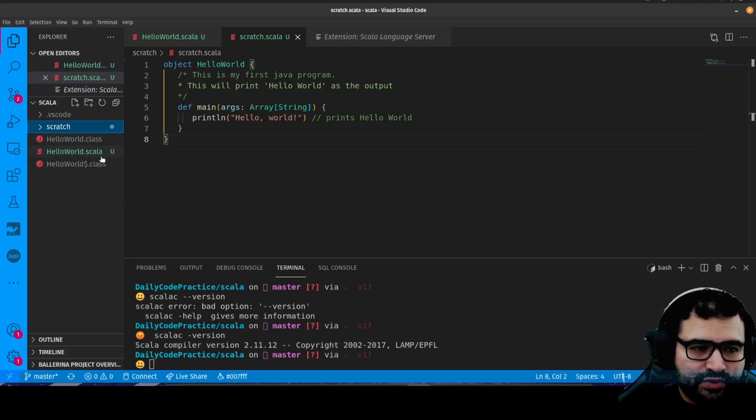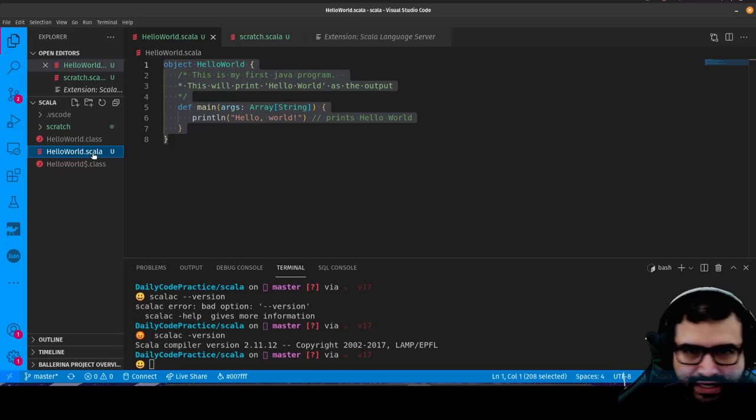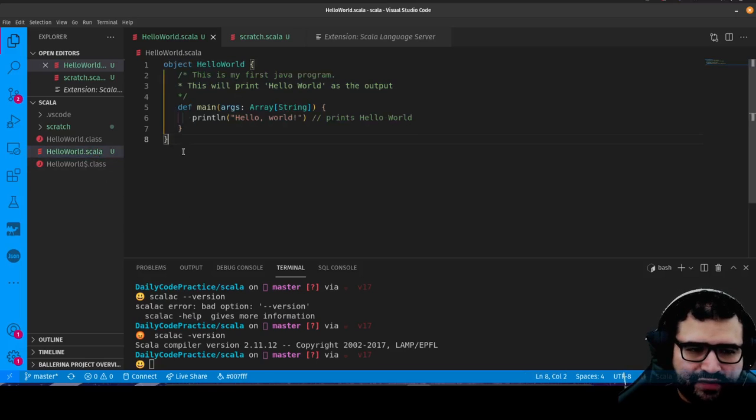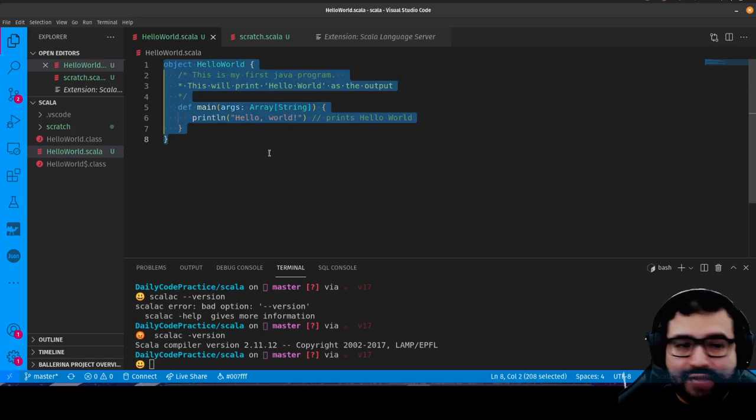Okay, so Scala works with Scala files. And if you've ever used any kind of Java-based language before, the way it works is very object-oriented. And that's one of the cool things about Scala. It's supposed to be a weird hybrid of functional programming and object-oriented programming. So it's very object-oriented because it's in the Java world, but also has a lot of very functional stuff going on. Generally what happens in Java-based programs is that every script in itself is an object or class. So if this was Java, this would be a class.